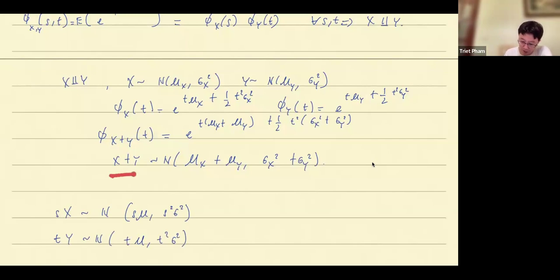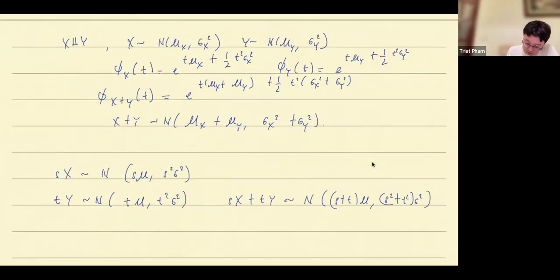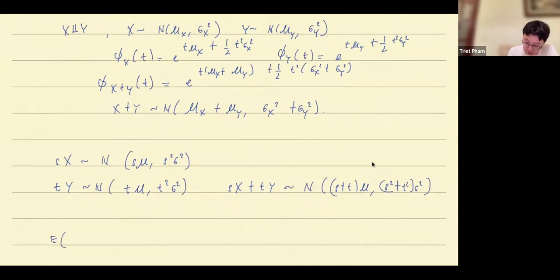And therefore, sX plus tY will be normal with mean s plus t times mu and variance s squared plus t squared times sigma squared. And therefore, the joint moment-generating function of X and Y, since it's a normal random variable, will be